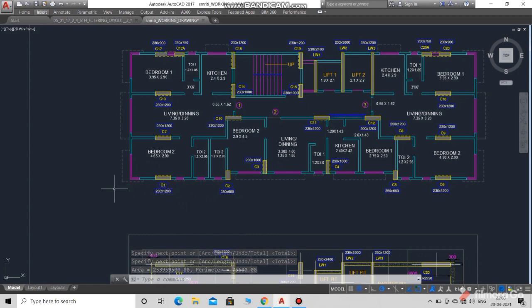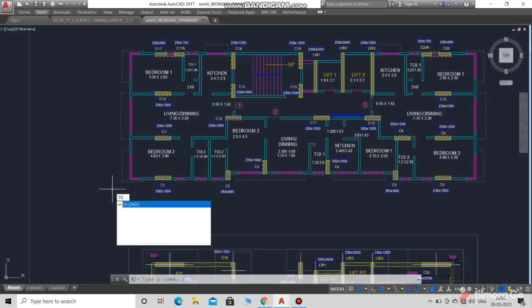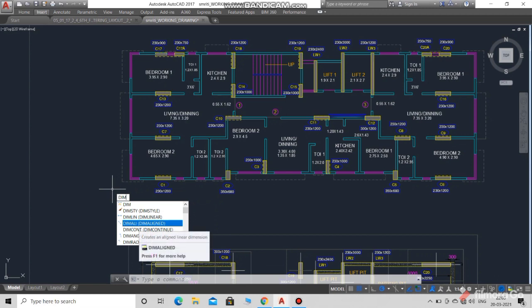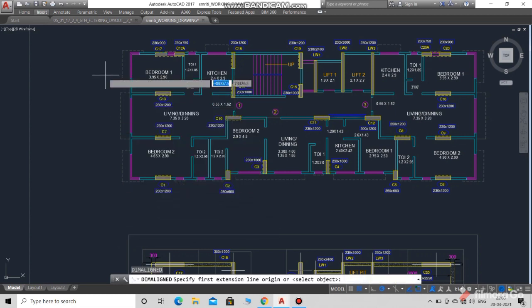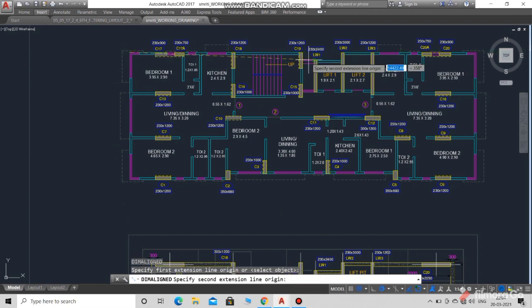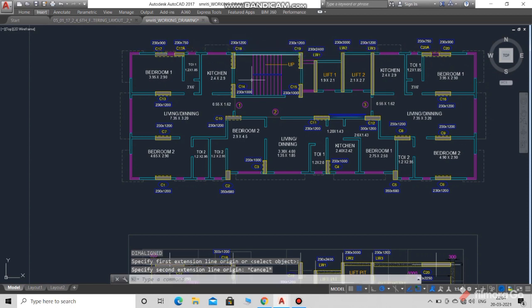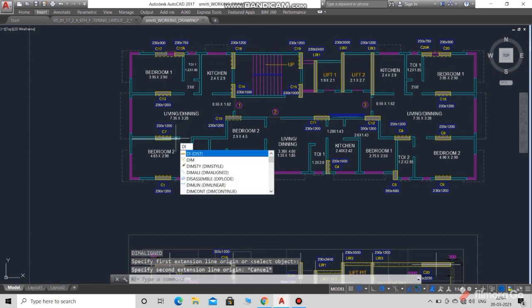So let's start. We are going to take another command, which is measure geometry, MEASUREGEOM. It's a very useful command with which you can measure length, area, and perimeter.